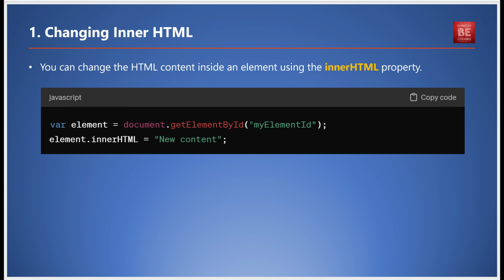Firstly, to change the HTML content inside an element, use the innerHTML property. Imagine you have an element with an ID of myElementId. You can update the content with the following code: var element = document.getElementById('myElementId'); element.innerHTML = 'new content';